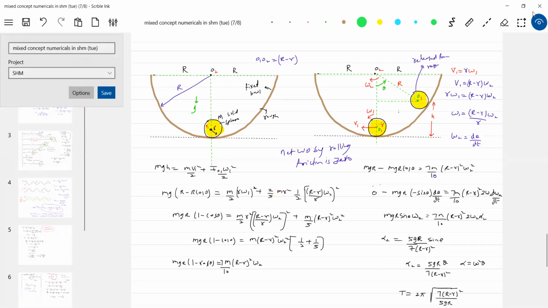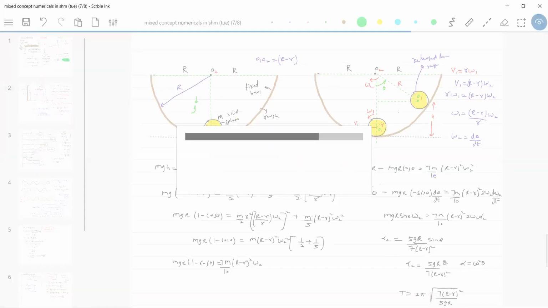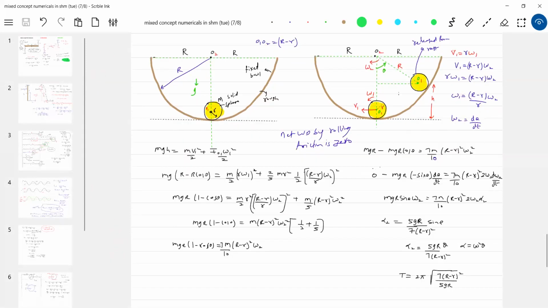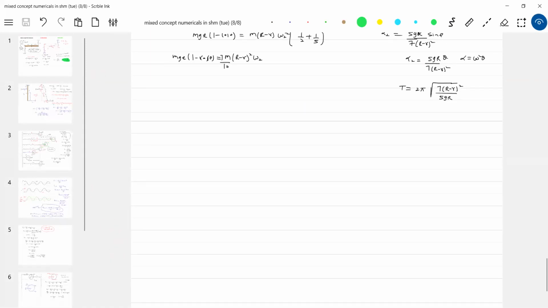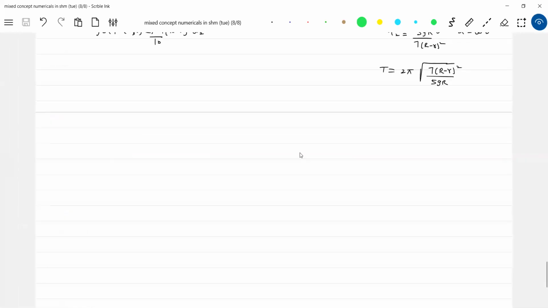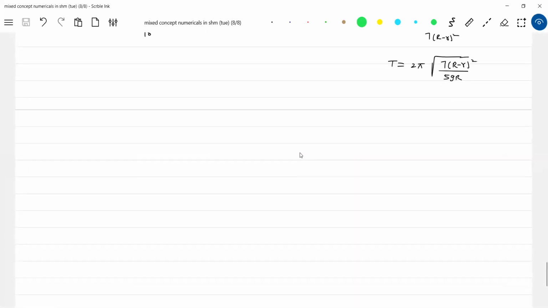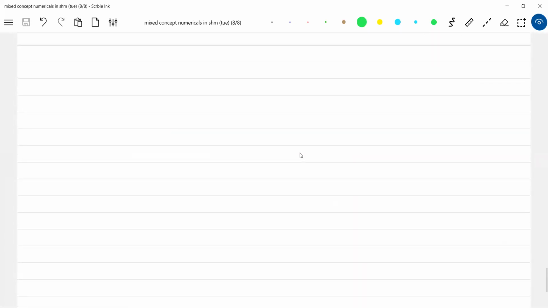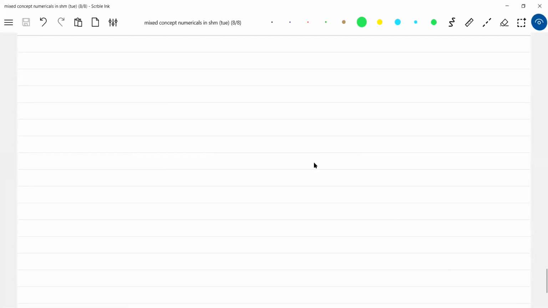Okay, tomorrow I'll bring a few more problems of rolling, because only one day of rolling will not be enough. So let me now introduce SHM with fluids, how the buoyant force will act. So we will take some problems related to fluid mechanics and SHM. The questions are unlimited, I'm telling you. So we can't just say, okay, fine, we know everything, because any condition you can bring here.